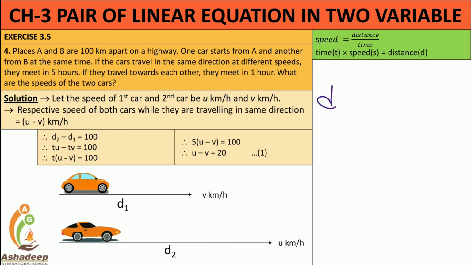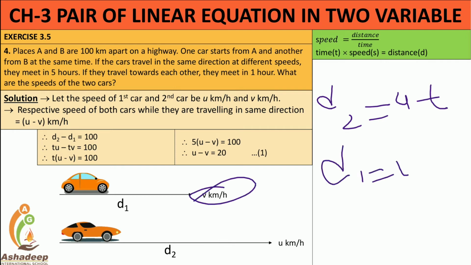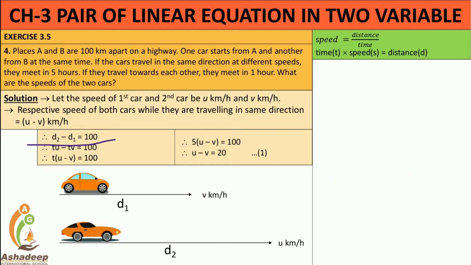So D2 is u into t, and D1 has a speed v and time is t. So we have to write down D2 minus D1. D2 is what? So tu minus tv